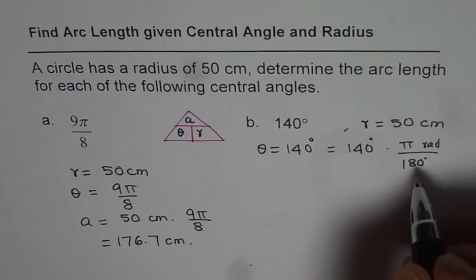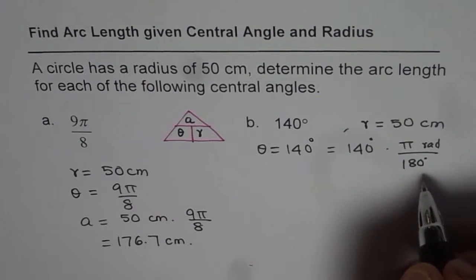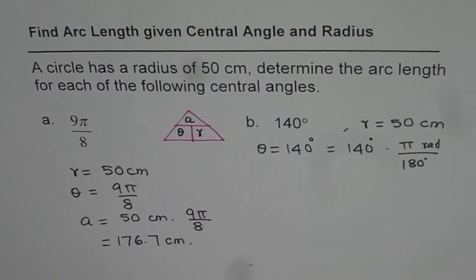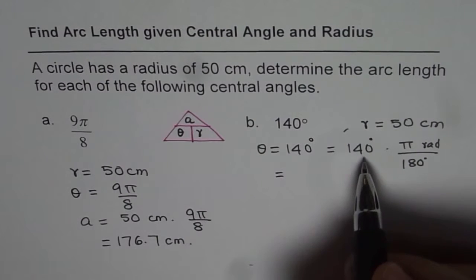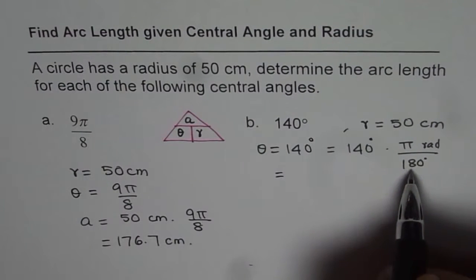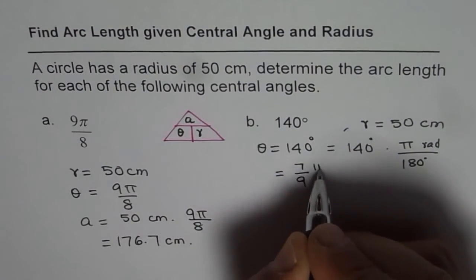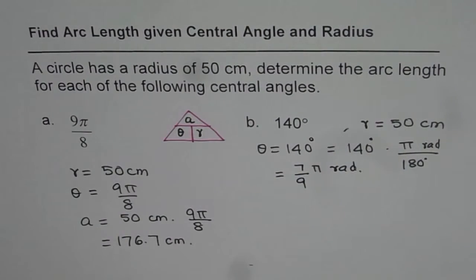So that is, 180 degrees is pi radians. Now that gives you the angle theta in radians. So that is your angle, which you can simplify. For example, here if you divide by 10, you get 14 over 18, dividing by 2 gives us 7 over 9 pi radians. Okay, so now we have the angle in radians, so we can again use the formula,